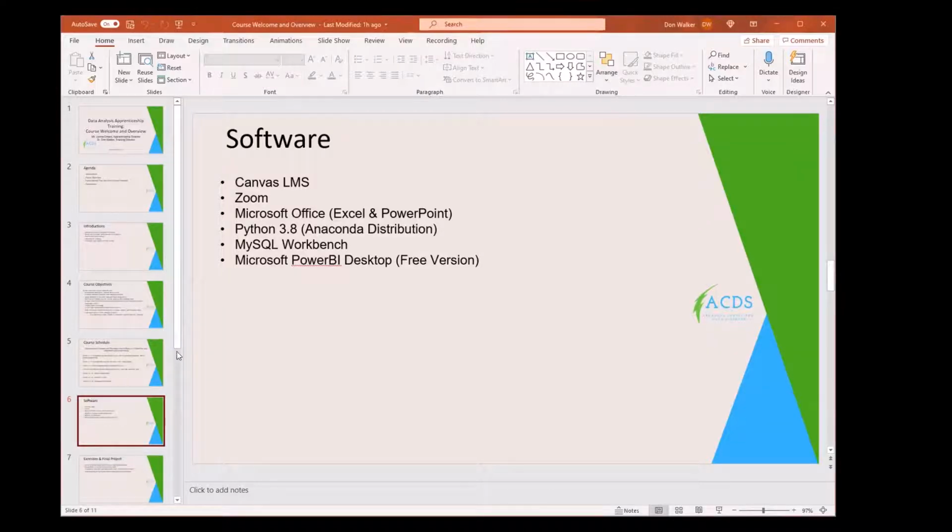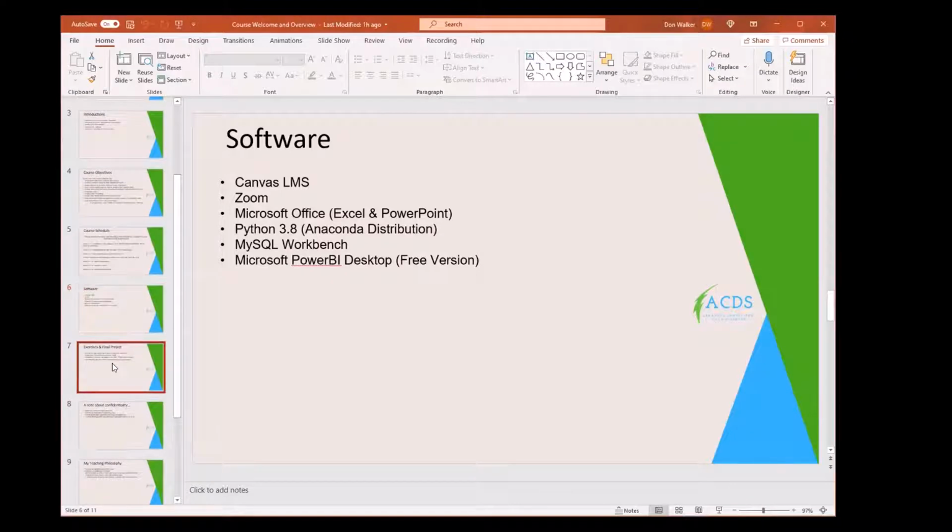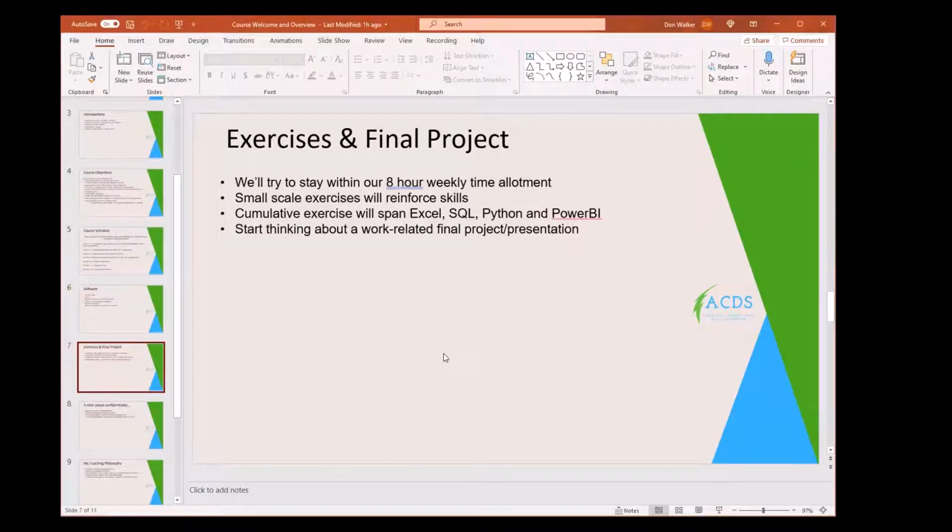Okay, and then we will have exercises. Most days will end with some sort of a hands-on exercise, so that you can get your hands dirty with all of these tools: Excel, Python, SQL. So I'll try to stay within the 8 hours. Some of this stuff may take you a little bit longer than the class